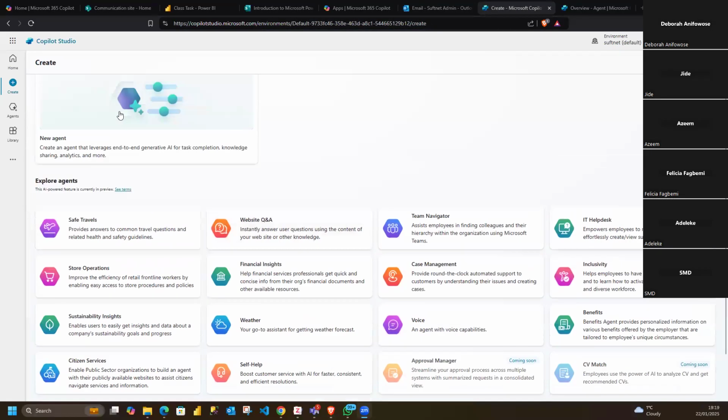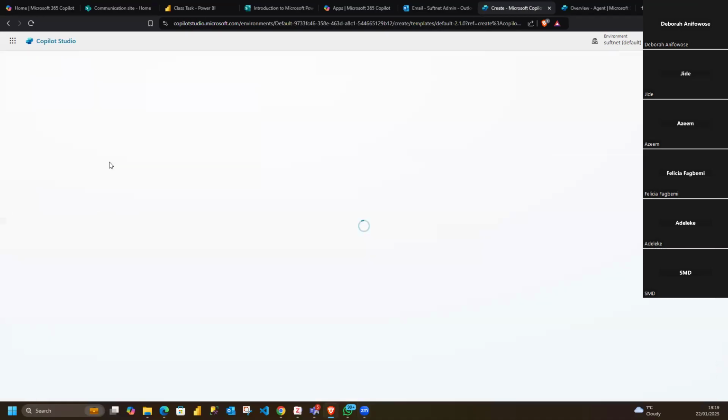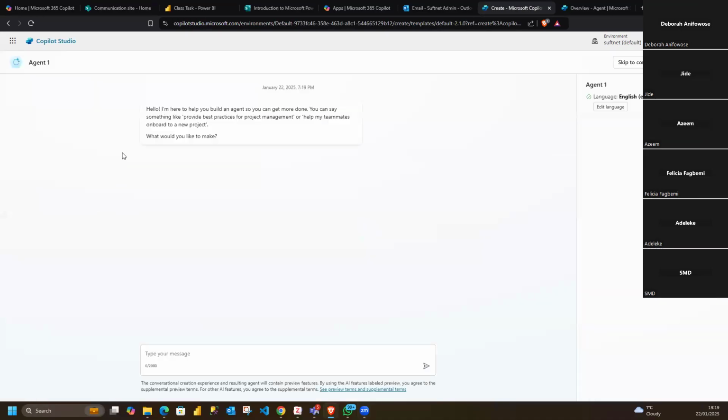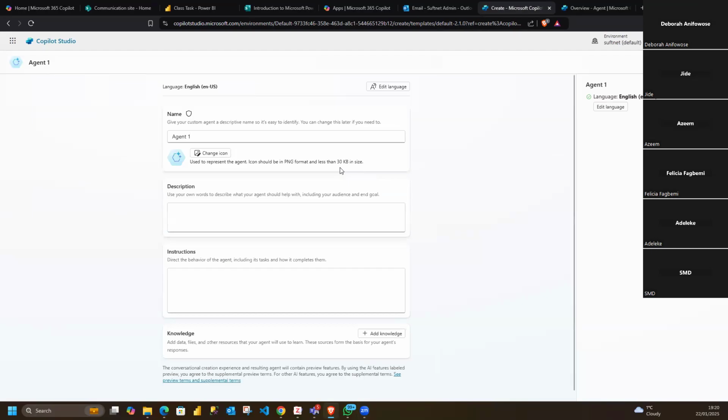Okay, so let's say, for example, I just want to create an agent here, and this is how the platform will look. You can customize it. Let's say you want to configure it first. This is the agent, the name of the agent. We can name it whatever we want. We can put some description. And so these are some of the things